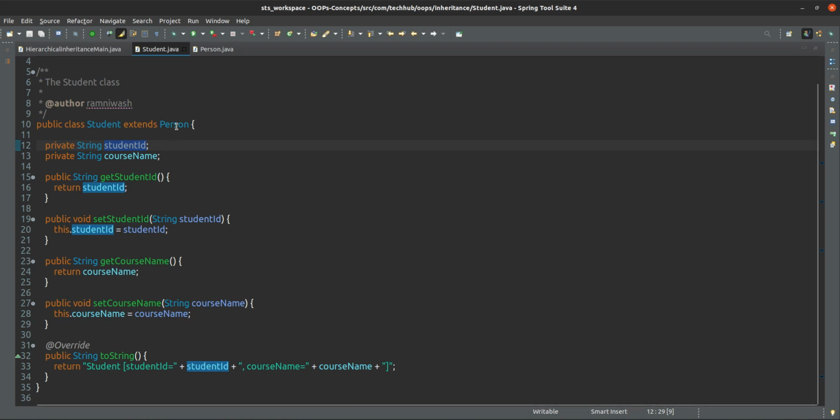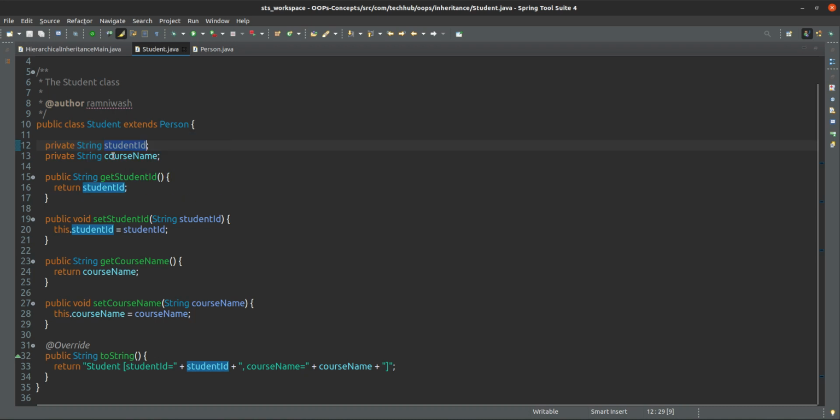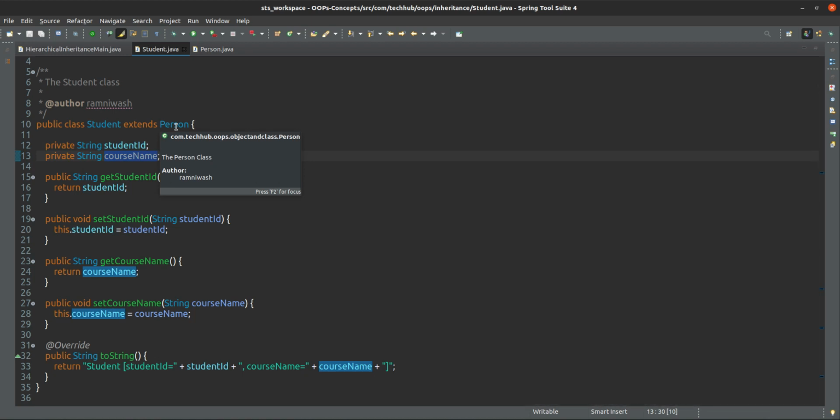But Person doesn't have a student ID, because not every person is a student. Only a student is a person, but not every person is a student. So in Student we have added two fields, student ID and course name, and Person has name, date of birth, and permanent address.